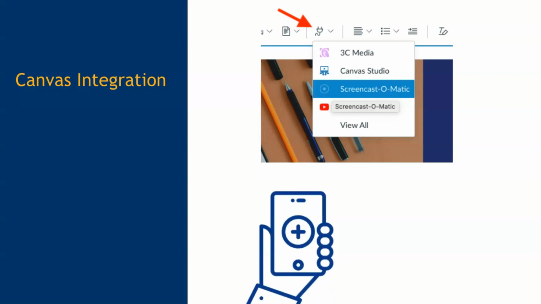There is also a Screencast-O-Matic app where you can record, edit, and share on an Android. But I will admit I don't do much of anything on my phone, so I haven't used the app. I just wanted you to know it's available if you're a phone person. You will need a webcam and a microphone to record. I'm on a Mac, so I have both built in. And if you use the phone app, you'll have the same capability. On a PC, you may need to purchase a webcam and mic if you don't have them already.